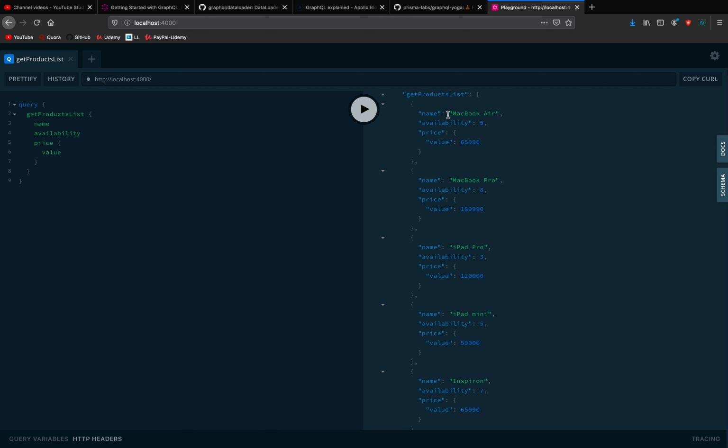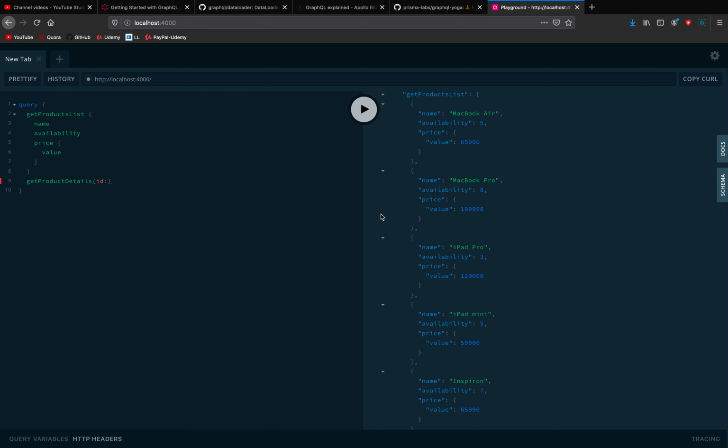But if I wanted the details of a specific product, I would have to fire a different API call, which would be again a round trip to the server. Instead, in GraphQL, I can even query this in the same request, get product details, and ID is a required thing.